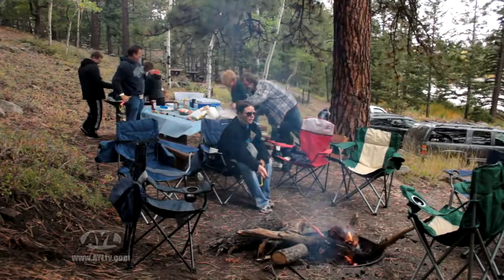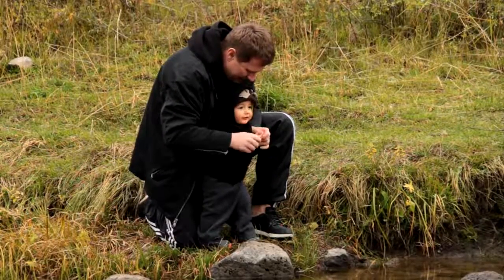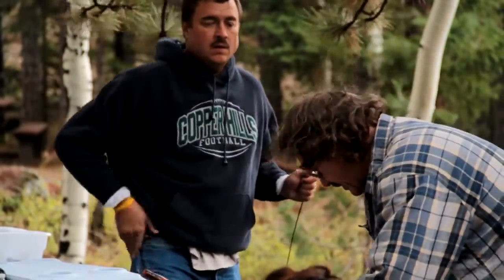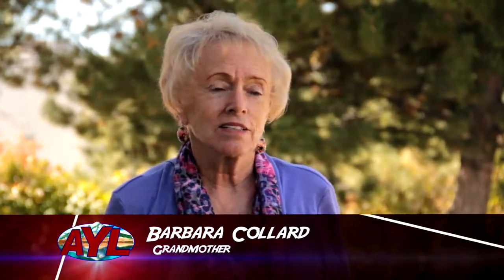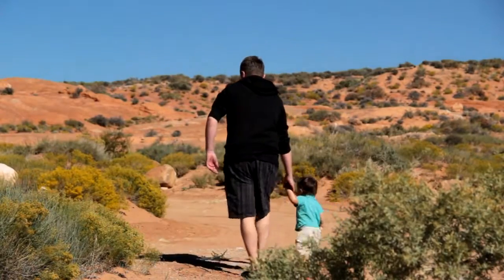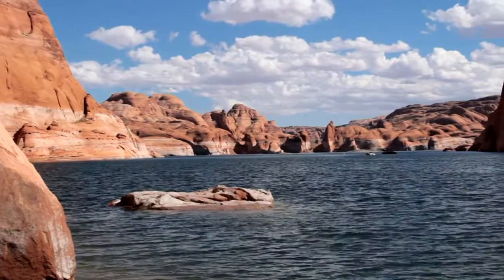For the Pollock family, this area isn't a place that's just a one-time visit or a basic traveler stop. No, for them, it's considered home. My first husband was born and raised in Escalante. And so we spent years and years down there, and we love it. It's gorgeous country. If a person hasn't been there, they definitely should go, because it really is beautiful, beautiful country